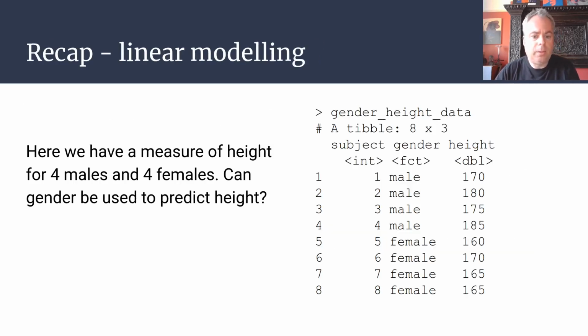So mixed models are actually relatively straightforward in the sense that conceptually they build on stuff we already know about. So we're just going to have a quick revision at this point, and we're going to look back at what we learned in the context of linear modelling, which is where we're trying to predict some outcome variable if we know some predictor. So here's a very basic example where we have 8 participants. We measure their gender and we measure their height. And our basic question might be, can we use information about somebody's gender roughly to predict their height? In other words, is there a relationship between these two